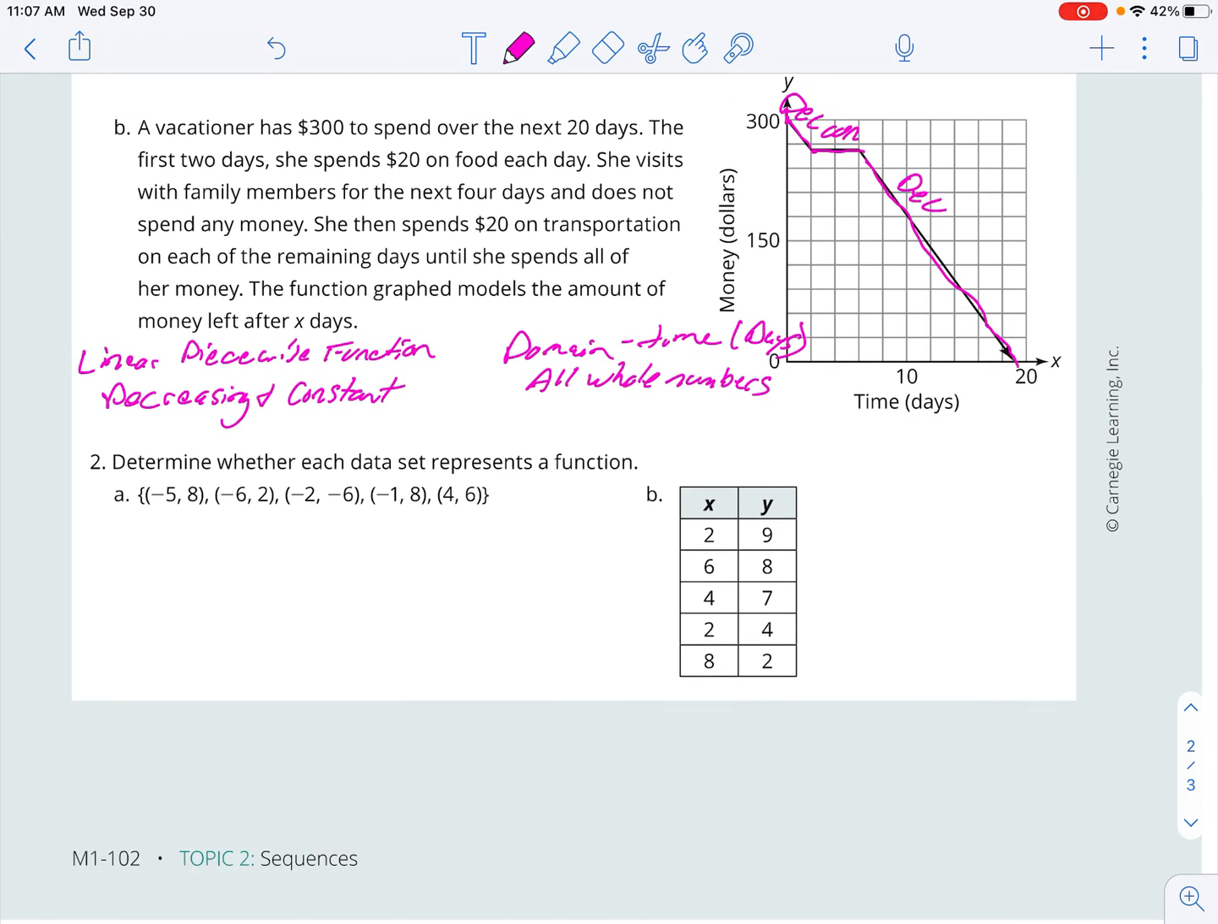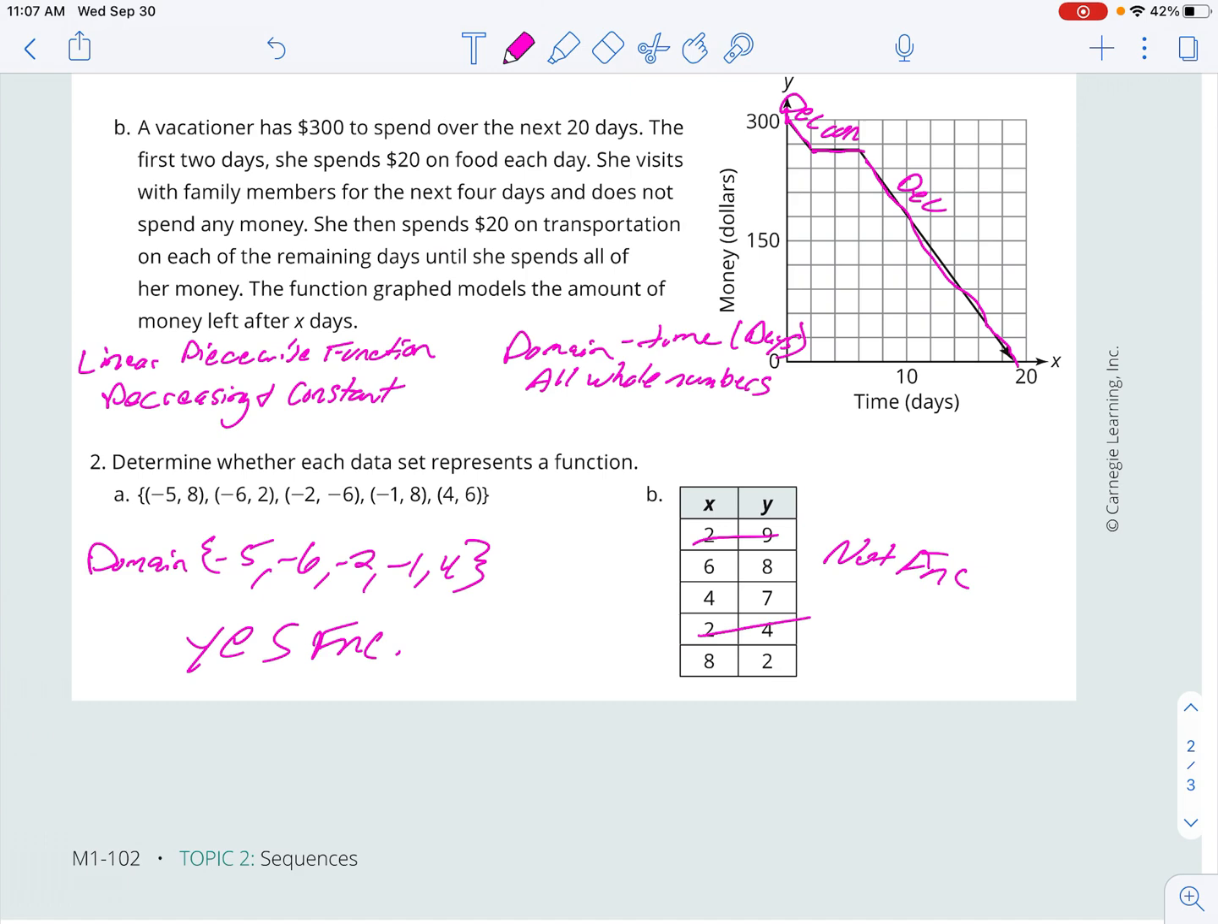And the last one I want you to do is number 2. Determine if it's a function or not. Remember, I look at the domain, and in this case, see if there's anything repeating. -5, -6, -2, -1, and 4. Nothing is repeating, so that is a function. And letter B, 2 to 9, 2 to 4. That cannot happen, so this is not a function. Remember, that 2 cannot be